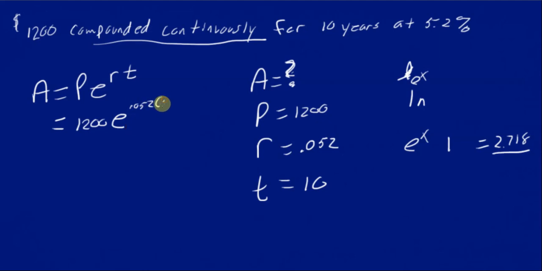0.052 times 10. Well, if I take 0.052 times 10, I'm just going to move the decimal one place over, 0.52. Now I have to take on my calculator, E, and raise it to that. Remember that 1,200 is the very last thing I do. So if I take E and raise it to the 0.52, I get 1.682, and so on. Don't waste the rest of those digits. Leave it in your calculator. It is just more accuracy. Then take that and multiply it by 1,200. I get